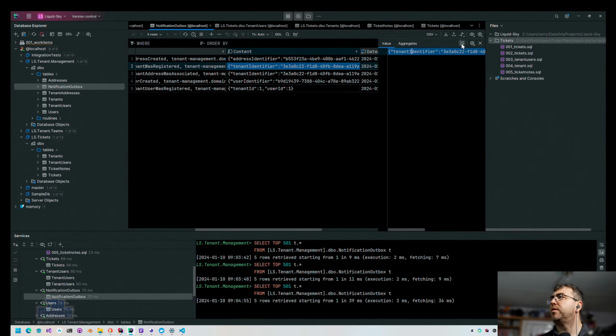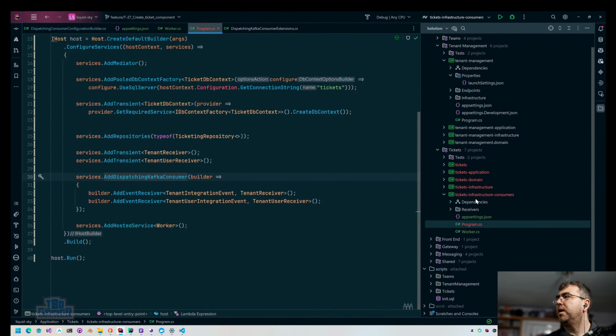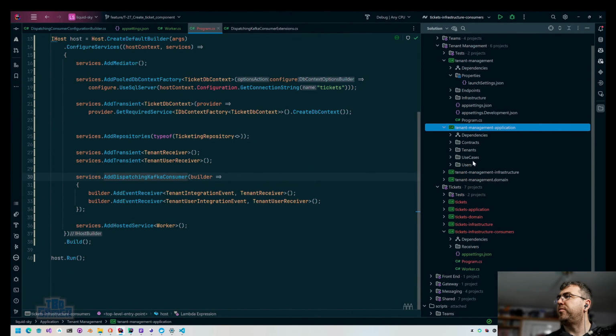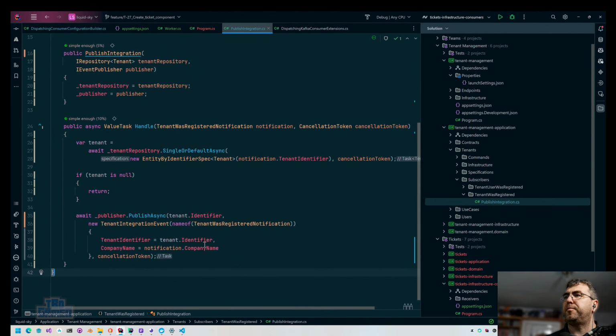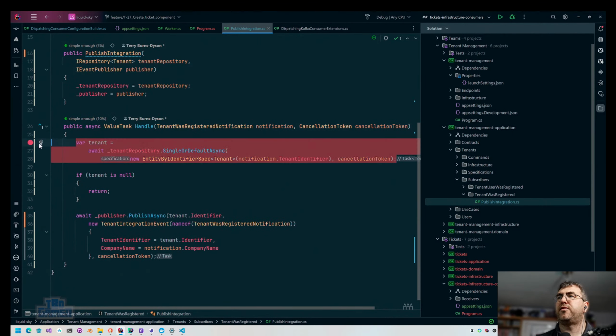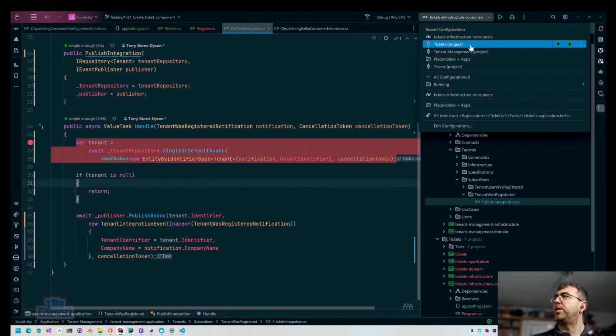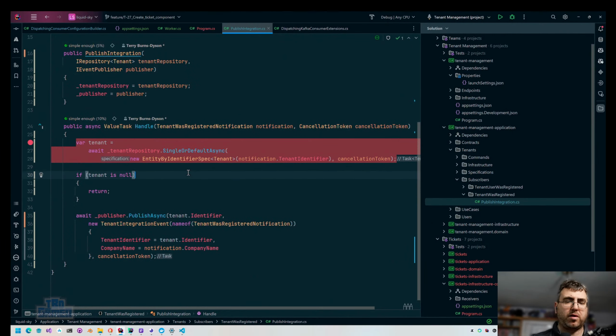reformat. One more try, company name. So we have a tenant identifier. And then our application picked it up. Our tenant subscriber, tenant was registered. This hit. And this failed. So we can put a breakpoint here. Let's just give it one go. I really do need to